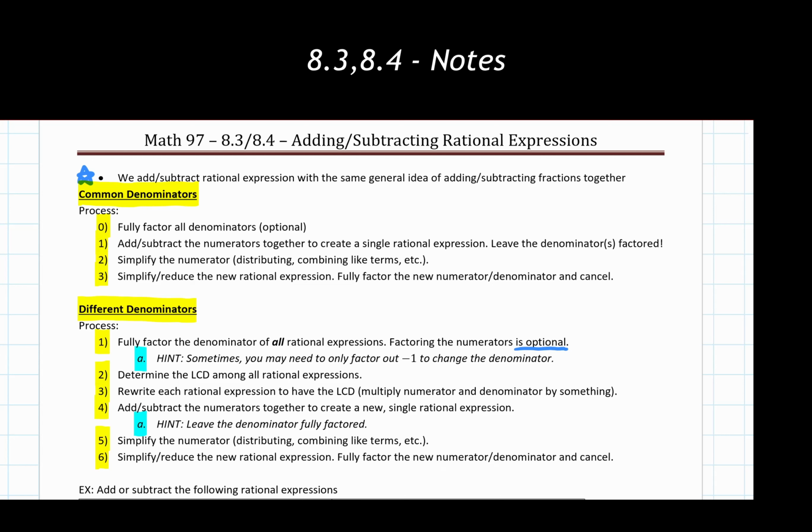So that's our general process that we have for our two setups with rational expressions. Again, I would recommend pausing the video and writing these down for yourself as necessary because we will be referencing them with our examples. But otherwise, let's move on to some examples that we have here and get looking at these things.